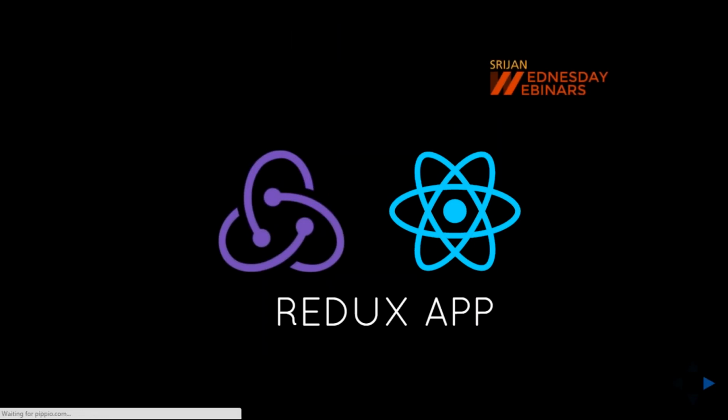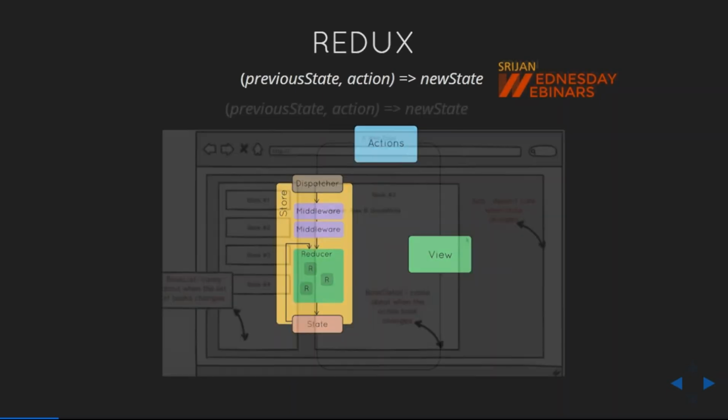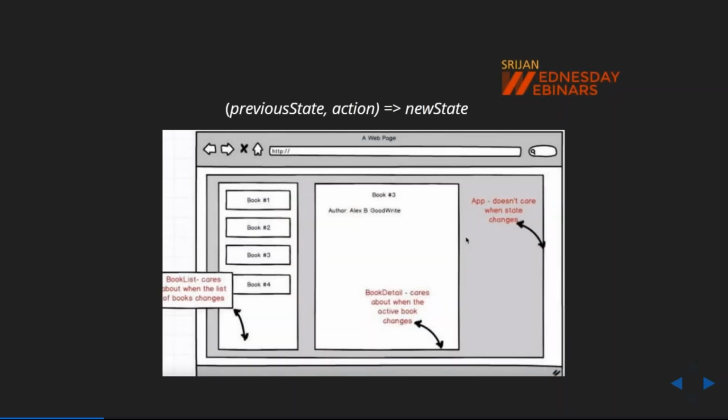So this is the Redux application we are going to talk about. We are going to have the same kind of structure where we have the React component layer, and the React component will be talking to the Redux layer and getting the state object back to our React component so that we can show the output on our UI layer. So this is the application which we are going to create.